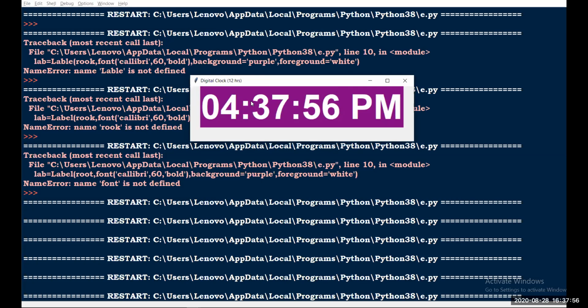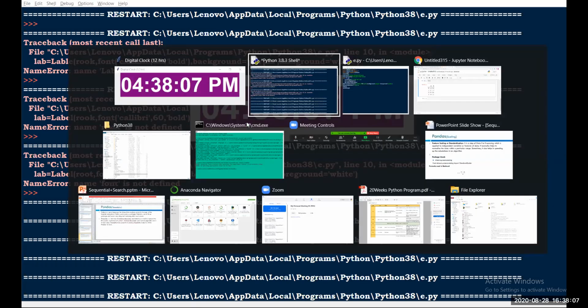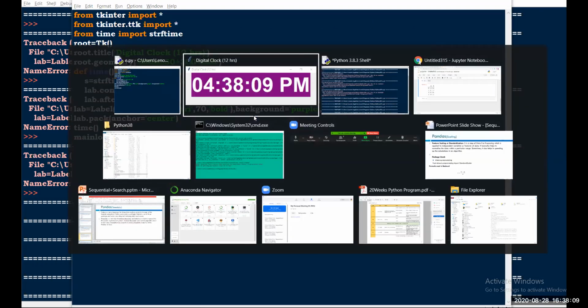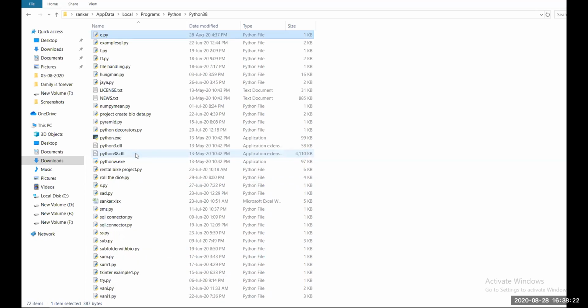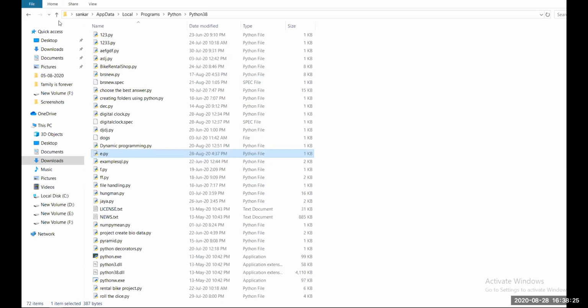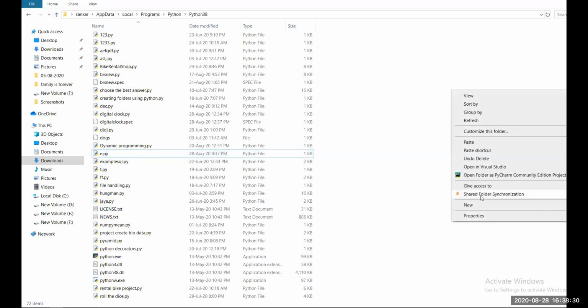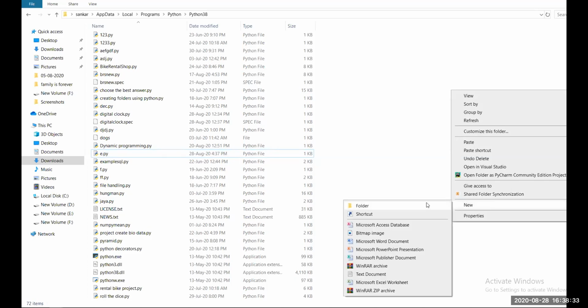So if you want to convert the application into .exe, go to your current folder. My file name is e.py. I'm going to copy this and create a new folder, because creating the .exe makes 3 or 4 folders.